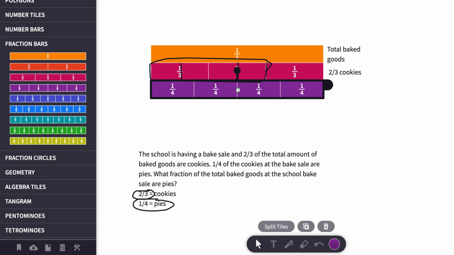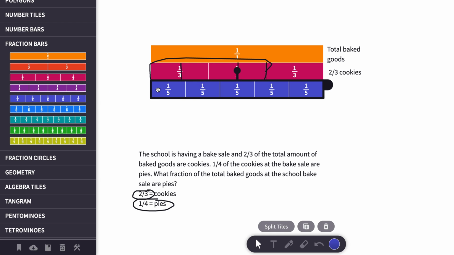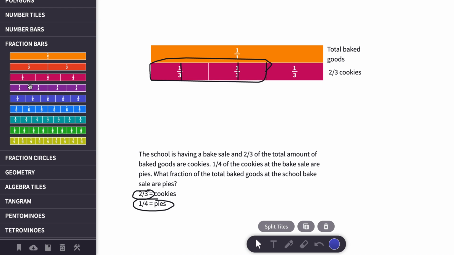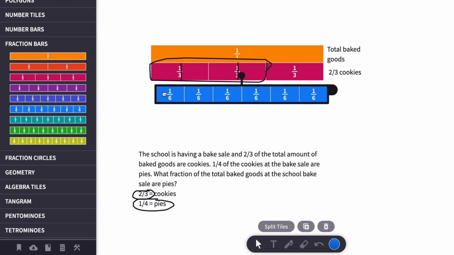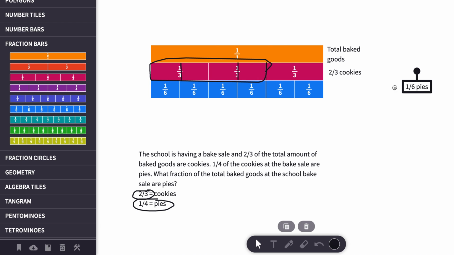A fourth is too large. A fifth is too large to find for pies. And a sixth, oh, that lines up perfect. So now I can tell that a fourth of the 2/3 cookies will be a sixth in the total baked goods. So a sixth of the pies